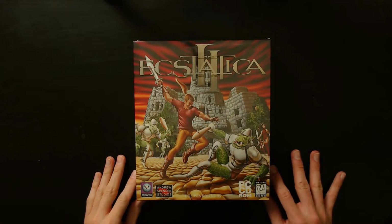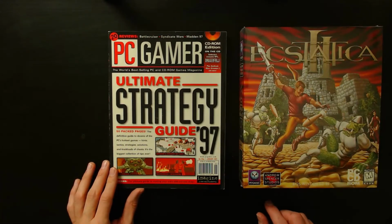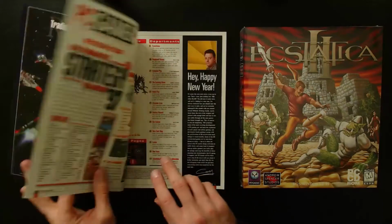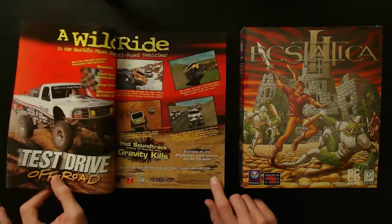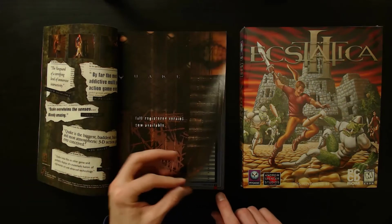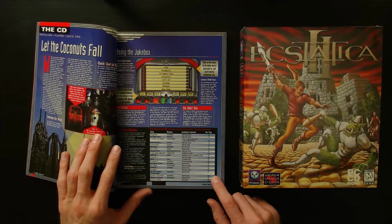So we have the game here, but I kind of want to show my experience with the game. So I'm going to show how I first discovered the game. And that was in this issue of PC Gamer. And this was the January 1997 issue of PC Gamer magazine. This issue of the magazine and also the February issue are where I started becoming obsessed with PC games from 1997,